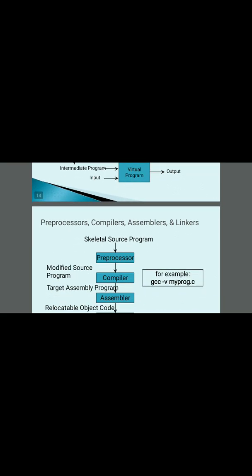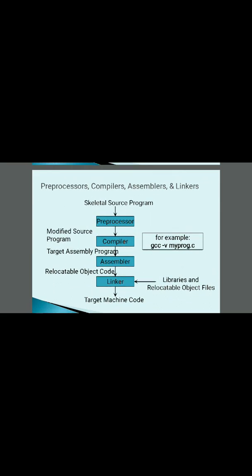The other thing generally seen is that whenever you are writing a program, for example a C program, it's a high level language and you convert it into a target program by using a compiler. Generally what happens is that your compiler is going to call internally so many other system software. See, one such system software is the preprocessor. Before starting conversion of your program into a target, it is going to process something.